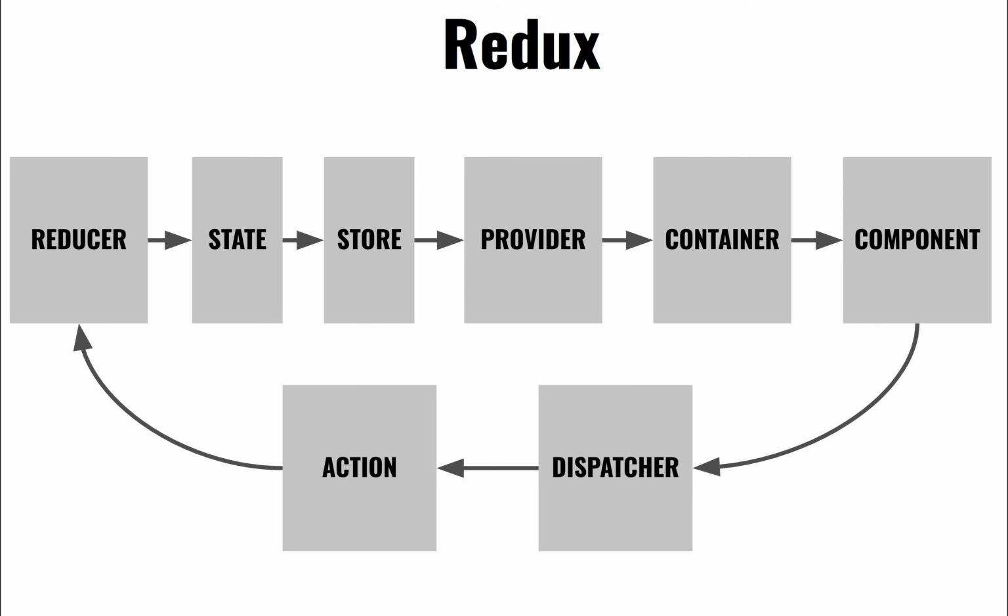Re-render the application based on what the next state is. Make sense? Right? So the reducer's responsibility is to take all the actions and events that the user generates, compute what the next state of the application is, and store it in what is called a store. Right? A store is